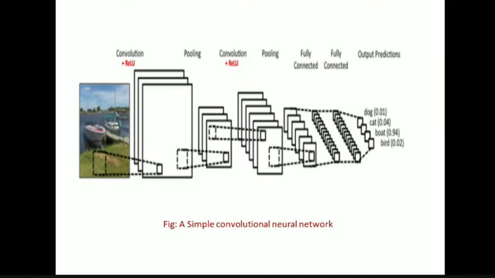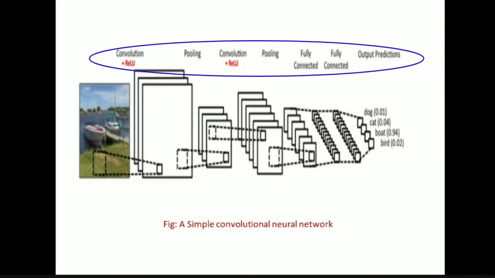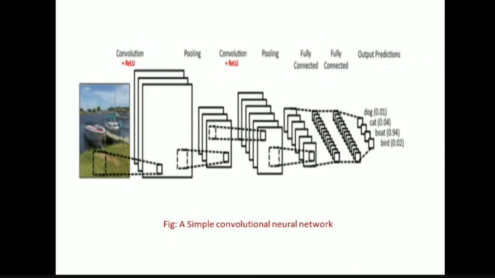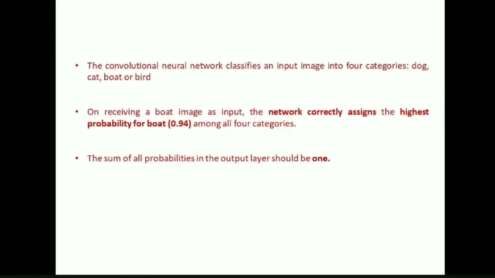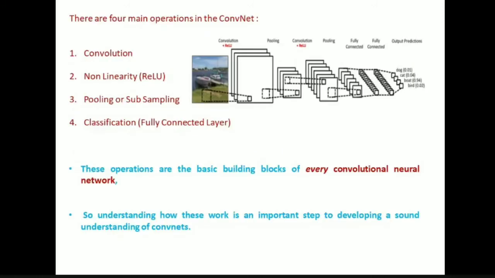So in convolutional neural networks, we have different types of operations. That is, we have the convolution operation, then the ReLU operation, and then the pooling operation. We can have a combination of convolution and pooling, and then we pass this information through a fully connected network, and finally we get the output predictions. So this is the basic architecture of a convolutional neural network. I have not yet told you what the components of convolutional neural networks are. I just told you how convolutional neural networks look. Now let us see what these convolutional neural networks consist of.